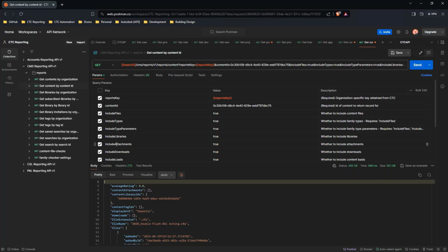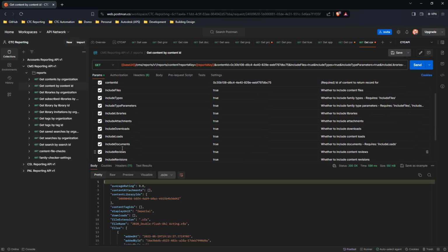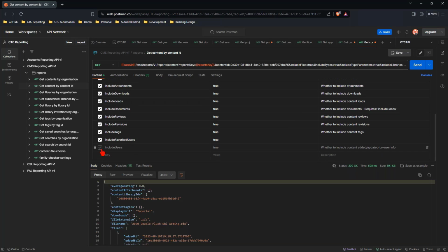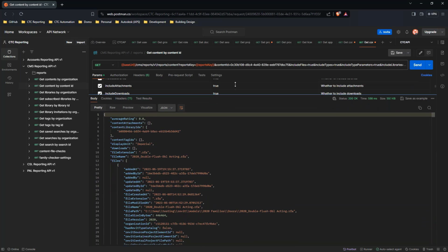I'm including what libraries and attachments, whether it's been downloaded by users, what files it's been loaded into, and what project IDs it's been loaded into. If there are any extra attached documents, any reviews or revisions to this content, what tags are associated by ID, and whether it's been favorited by anybody in my company. And I can also include user data about whether or not it's been searched, right? So there's a lot of information here, and it's got me a huge data record about a